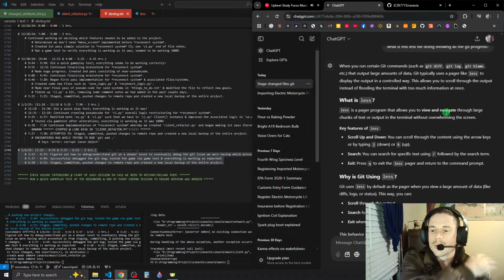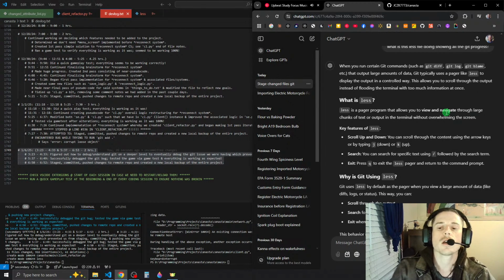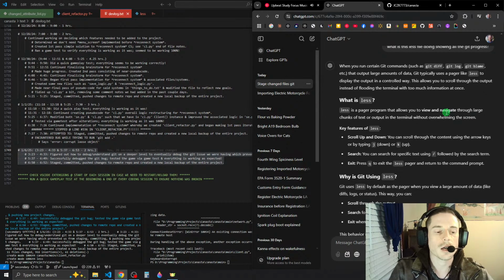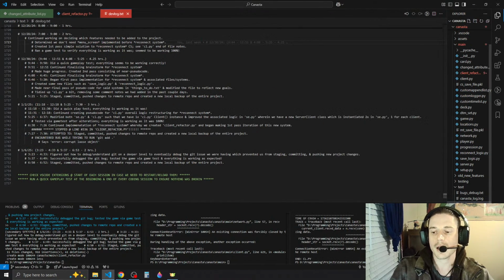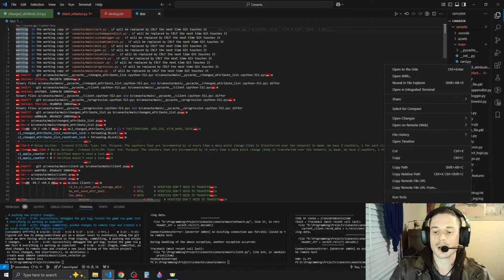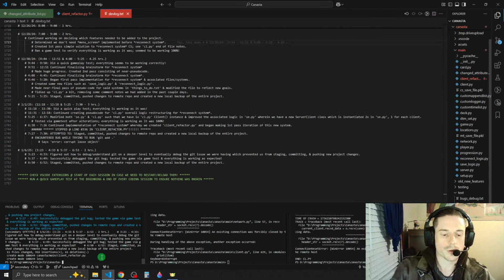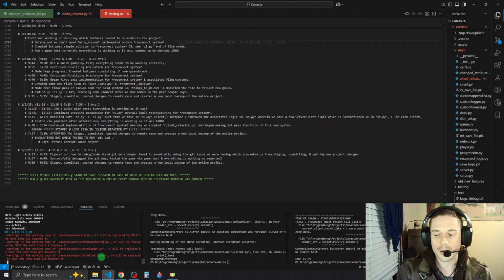This allows you to scroll through the output instead of flooding the terminal with too much information at once. Ah, okay. I see. So when you run git diff, it creates this less file. So if we exit out of less, and then we delete it, and then we run git diff, and then hit Q to exit out of it.